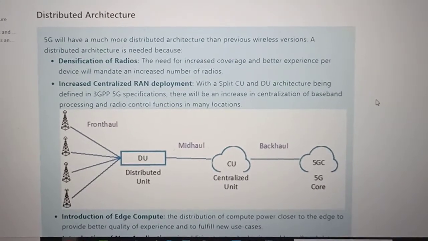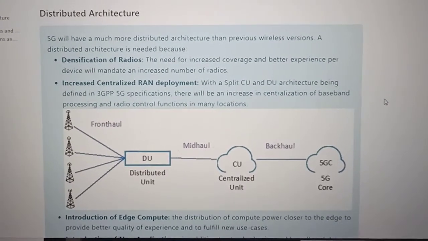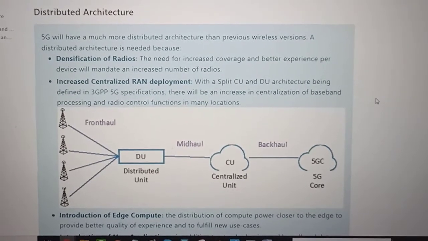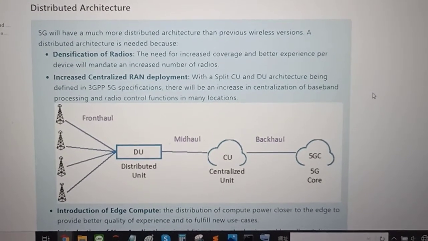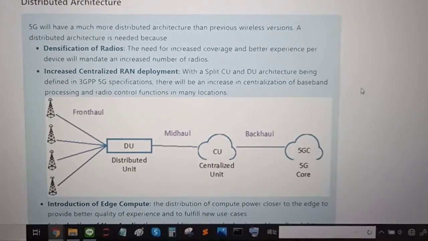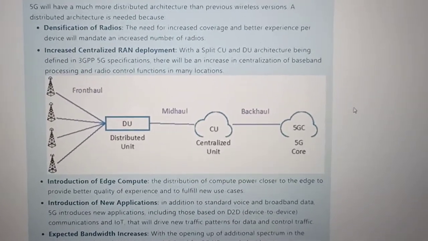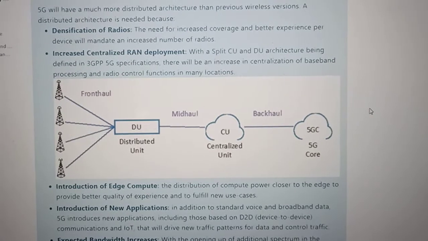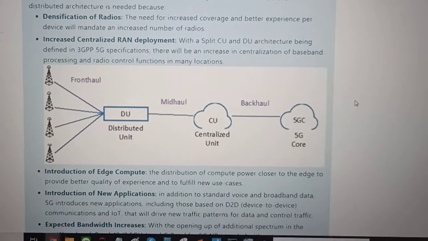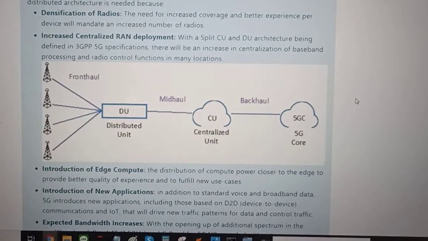Another important concept is the distributed architecture. 5G will have a much more distributed architecture than previous wireless networks, for several reasons, and I will talk about why 5G needs a more distributed architecture. One reason is because of the